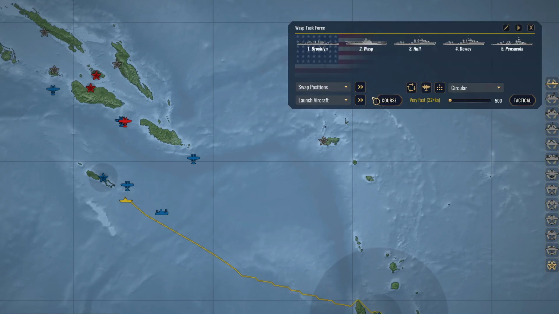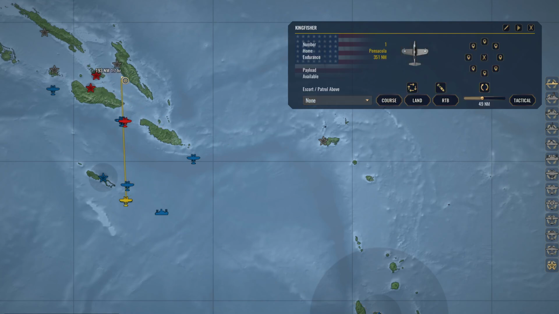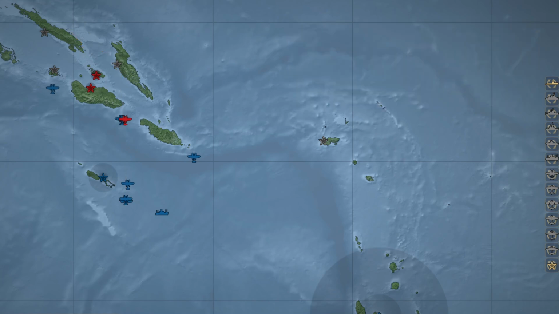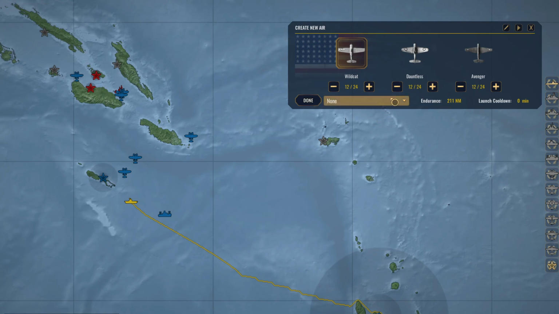Spotted. Okay, we can follow that around. Okay. Discovered the 8 ships very fast. Maybe a battle cruiser and 3 light cruisers. Oof. 171 nautical miles. If I go to the WASP and we want to launch aircraft, if we want Dauntlesses,